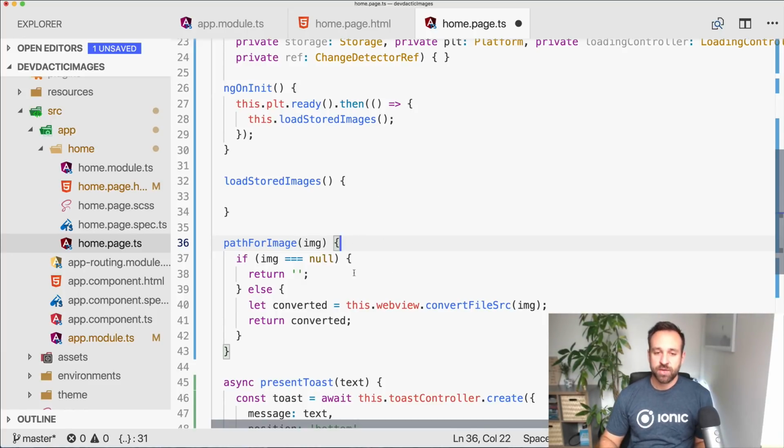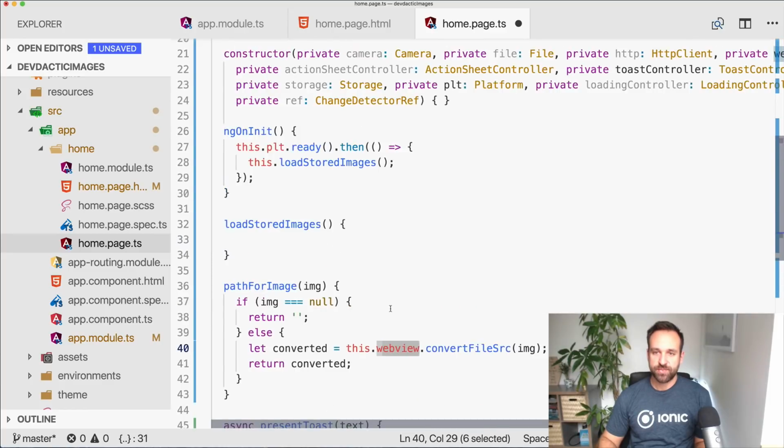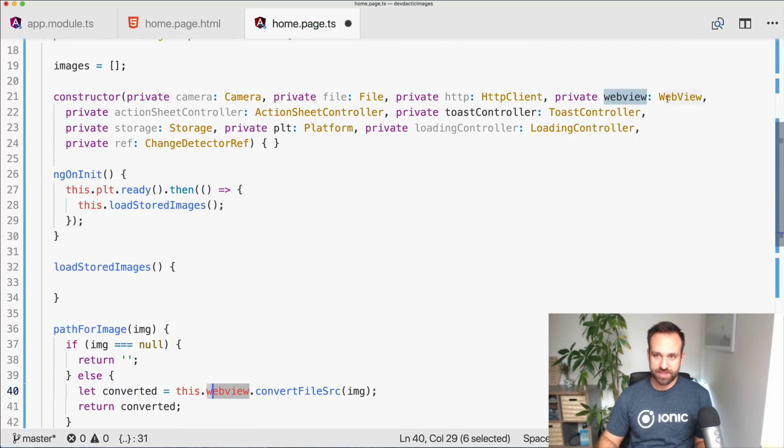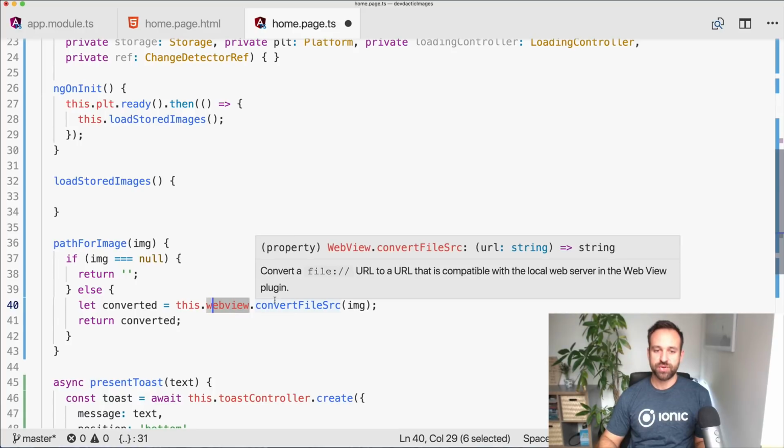And then we can use something from the Ionic web view. That's why we installed this in the first place, to convert a file source. And this again has something to do with how the web view, especially the WK web view on iOS, works. You're not allowed to use something that starts like this with file://